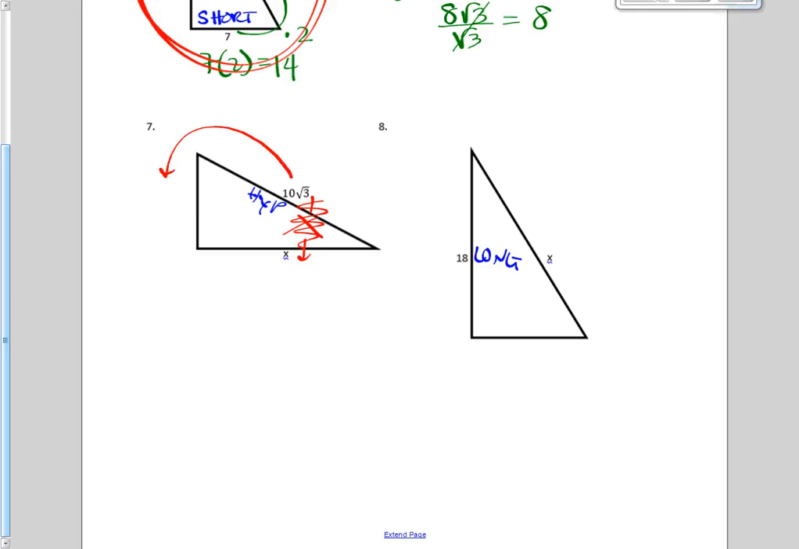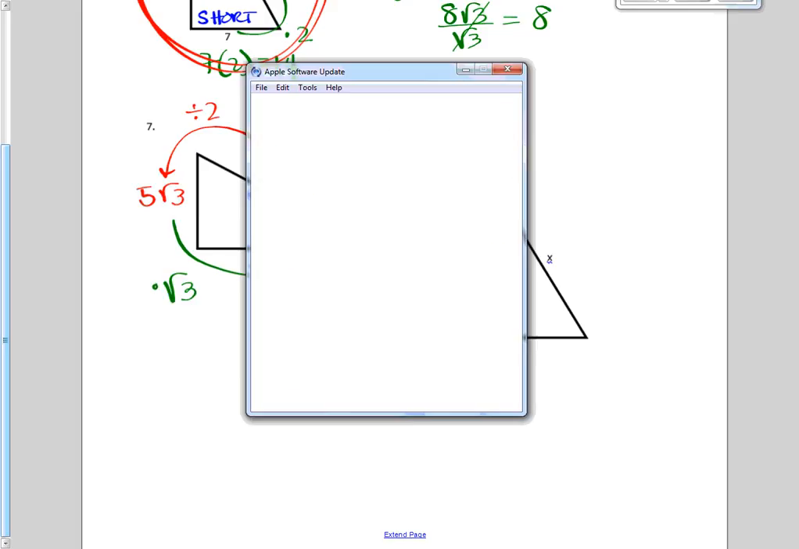So when I'm going from the hypotenuse to the short leg, I divide by 2. I'm trying to make it smaller. And so if I divide 10 radical 3 by 2, it's just half of it. Instead of 10 radical 3, it's 5 radical 3. And then to finish this off, to go this way, I multiply by radical 3